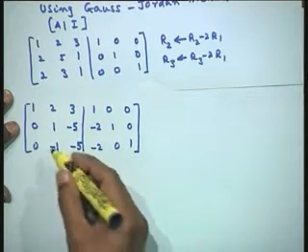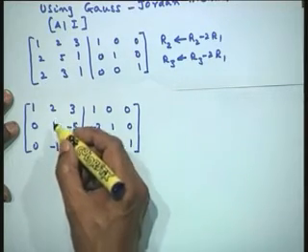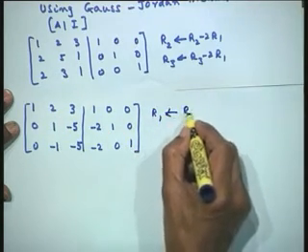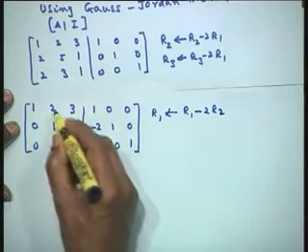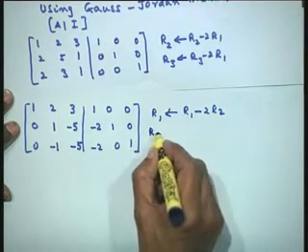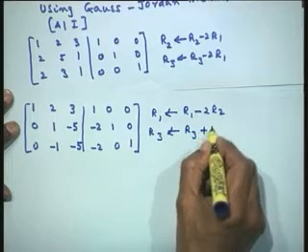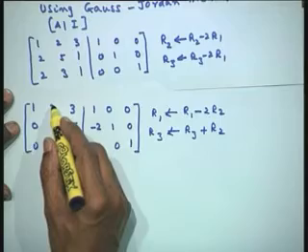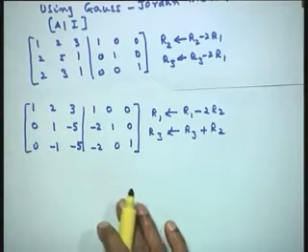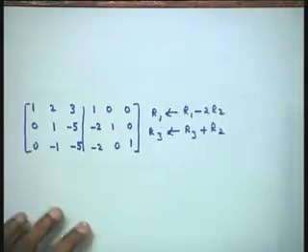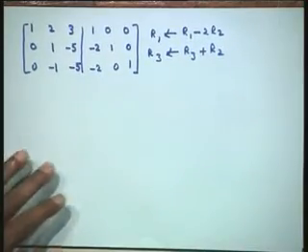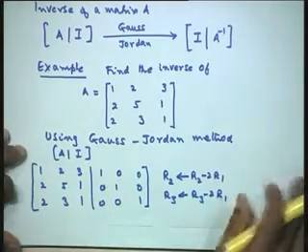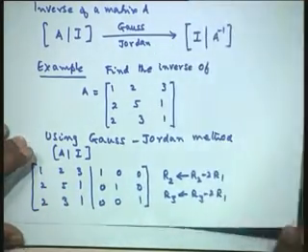Now, in the second stage I have to perform a 0 here and a 0 here also. So, what we would do: row 1 is row 1 minus 2 times row 2, that will bring a 0 over here, and then row 3 is row 3 plus row 2, so that will bring me a 0 here. We are performing both these operations at the same time, so that I have a 0 here and a 0 over here. We are not doing partial pivoting, we are just doing straight away the Gauss-Jordan procedure.